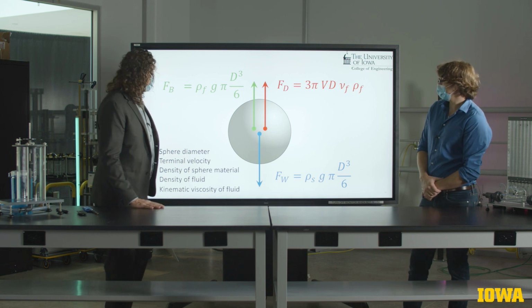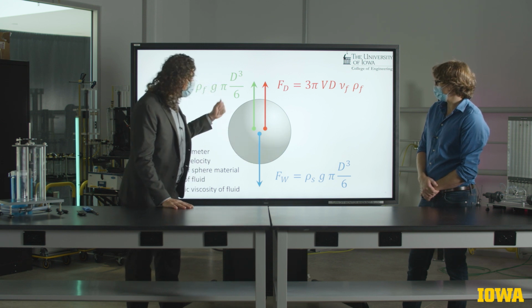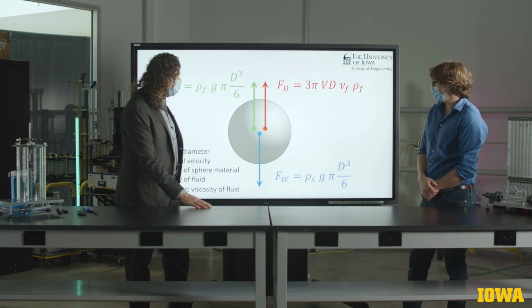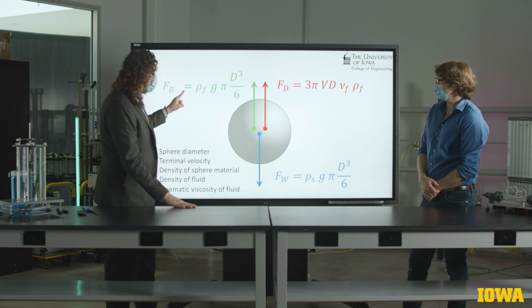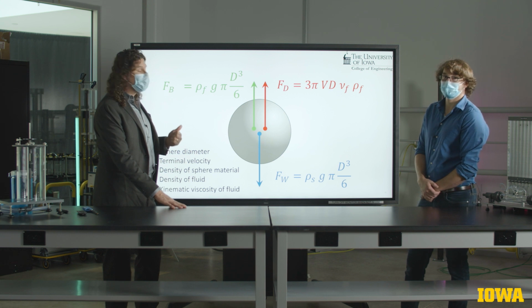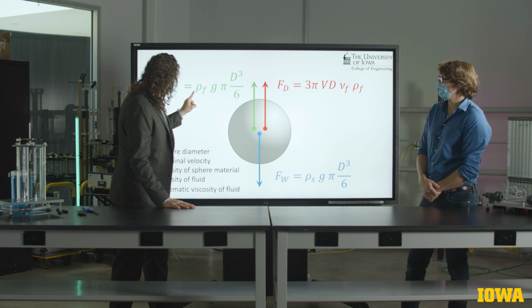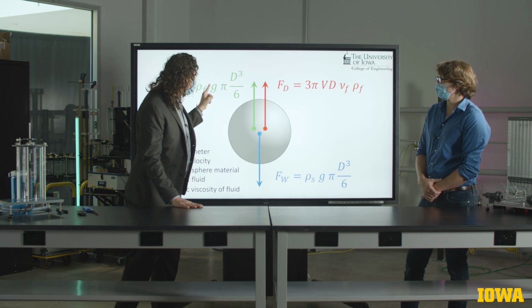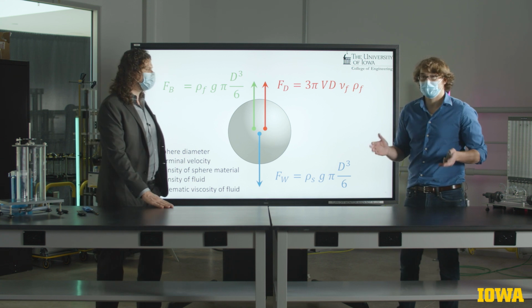So here, each one of the forces can be calculated. The weight of the sphere can be calculated using the specific weight of the material that we're using, multiplied by the volume of the sphere. The second force is the buoyant force that, as we learned in our fluid class, is proportional to the volume of fluid that gets displaced. So in this case, the buoyant force is equal to the specific weight of the fluid multiplied by the volume of the fluid. And then finally we have the drag force, which comes from a very special case, which is